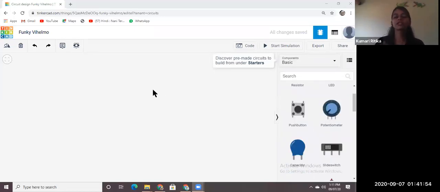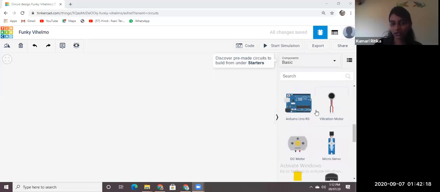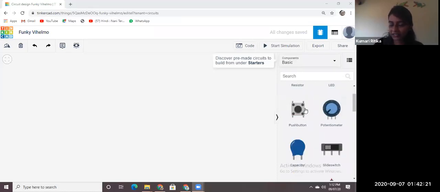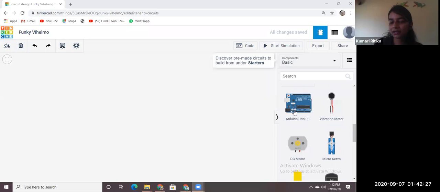So, what is the use of this Tinkercad? We use our Arduino IDE when we have a real Arduino board and real jumper wires, LEDs. In that case, we use our Arduino board and connect LEDs and jumper wires to it. But since we don't have any Arduino board and LED, we will use virtual LEDs and Arduino boards. Here is the list of components that are basically used for Arduino programming or any other electrical components. Since we are doing Arduino programming, we have the Arduino board.